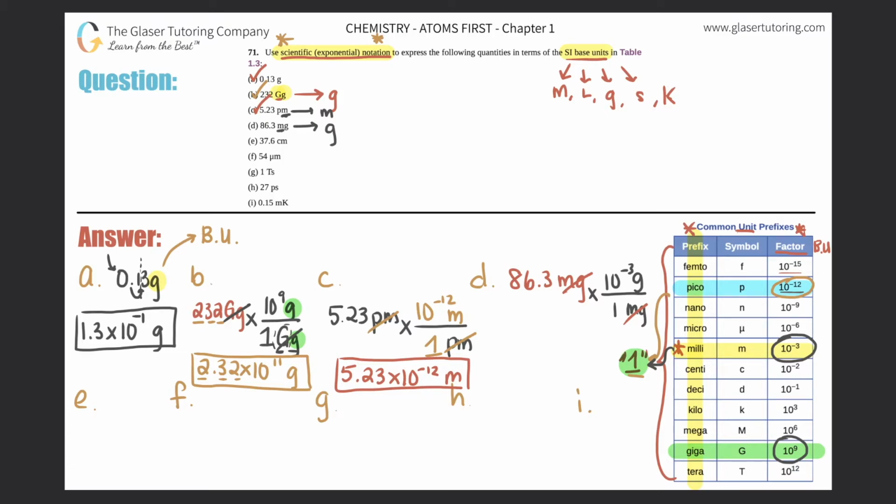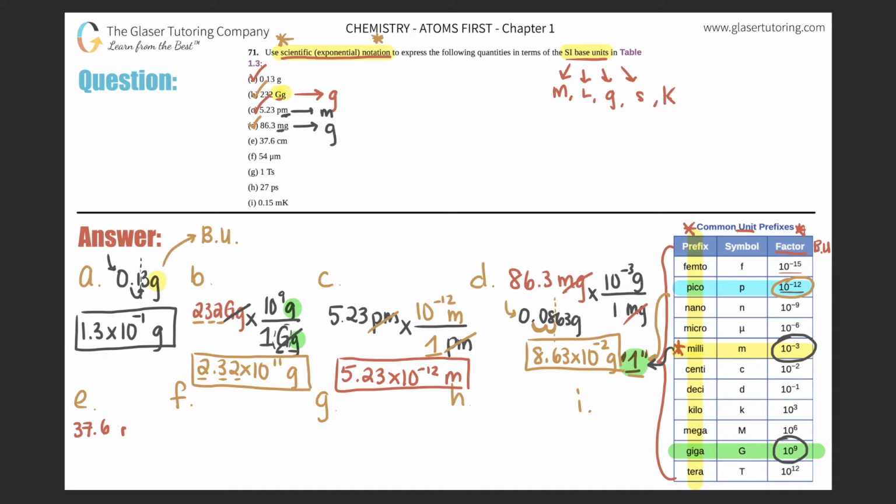So 86.3 times 10 to the negative 3. Now this one might not come out in scientific notation, so I get 0.0863 grams, but let's just convert it. You want the decimal to be right after the non-zero, so between the 8 and the 6, so you move it twice. So it would be 8.63 times 10 to the 2, because you bunny hopped 2 times. And since this number that you started with was less than 1, it would be negative 2 grams. Box it off. That's the answer for D. And we are flying. This is awesome. Next one,